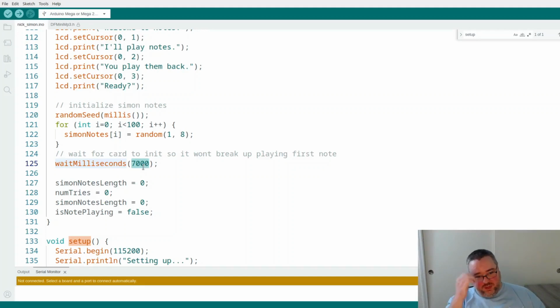The DF player takes a couple of seconds to actually start up, and if you try and play notes before it's initialized itself, then it'll just explode. So I wait a little bit here, and we just set the variables again back to 0. So I have the notes length 0, number of tries 0.